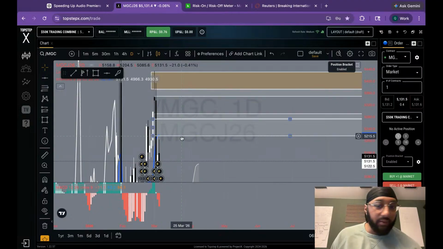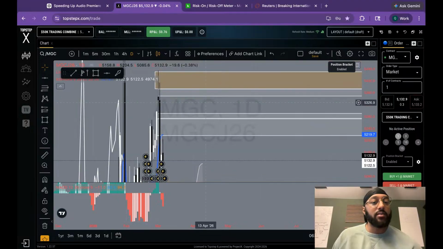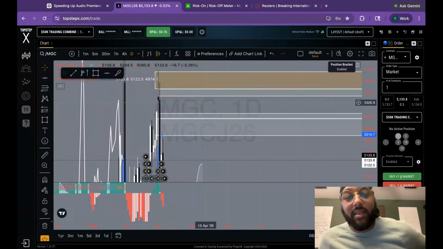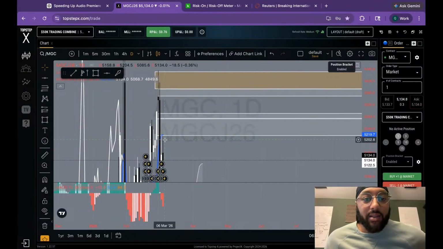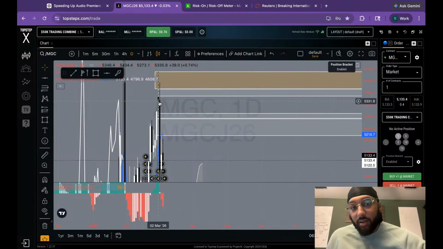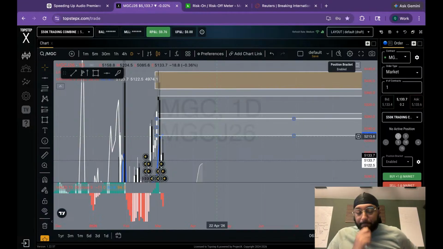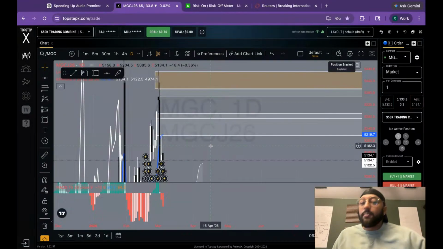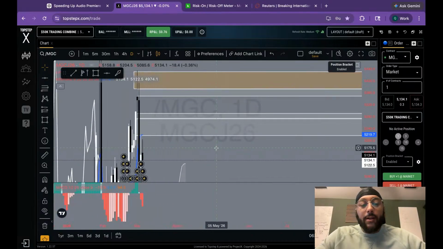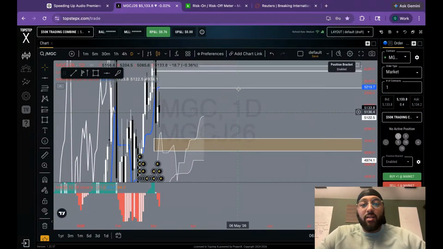We know these areas are going to be filled up at some point, right? We know that, almost an empirical fact, this gap in price. I'm not going to go into really what that is. It's just a gap between candle one and candle three in a three candle series. Back test it, watch some of our videos on it if you don't understand what they are. We know those areas will be filled up. Hence, it's important for us to lay out on our chart